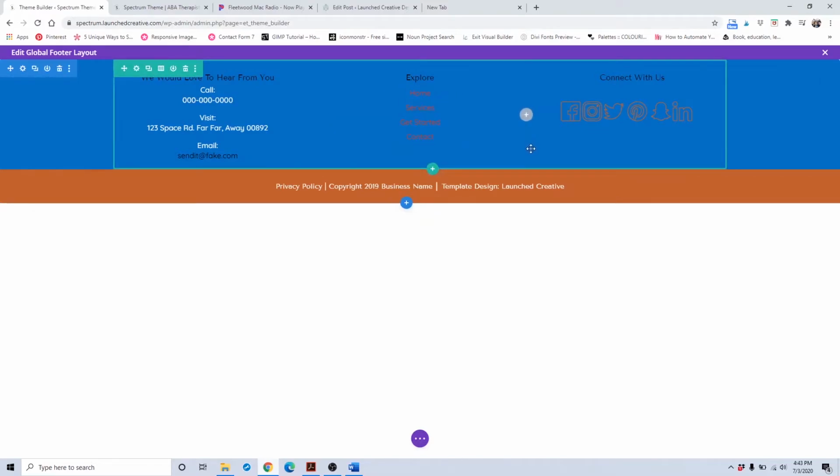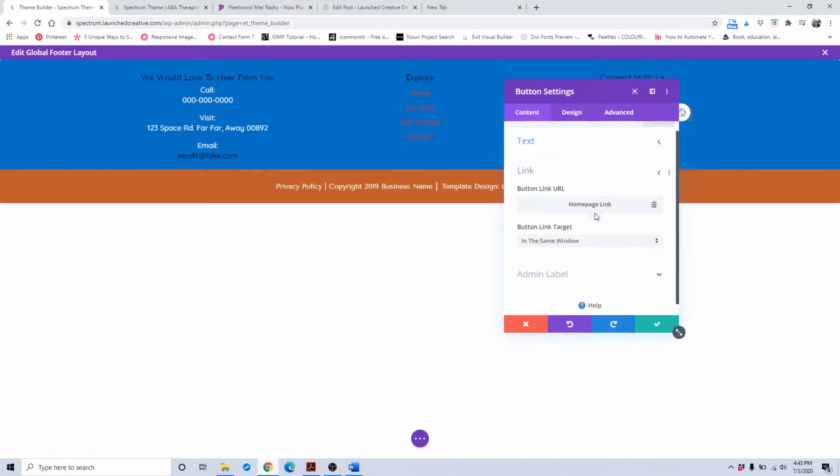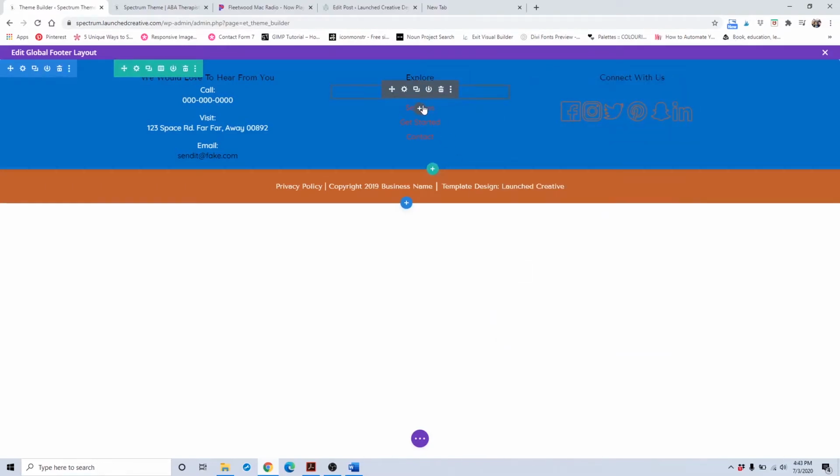So once you're done changing the style of the button, you're going to want to make sure to change each individual link. The links are already set in there to be the homepage link or the services page link. So if you have a different page, you're going to want to make sure that you add that link in there. So to change out these icons